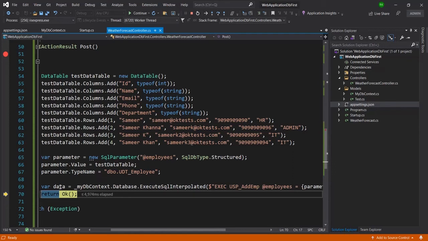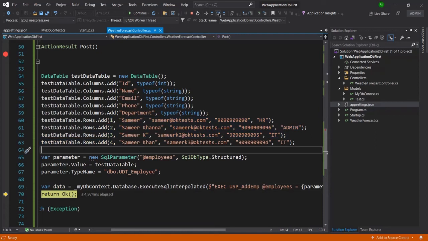Inside the data we can see 4, which is the number of rows inserted, shown in the response. By executing this query, all these 4 rows have been inserted into our database table.